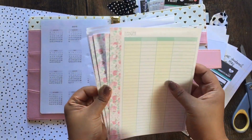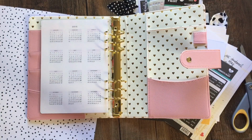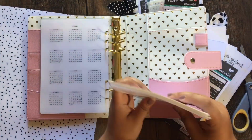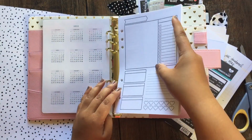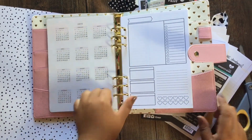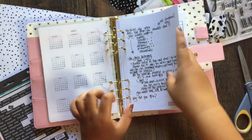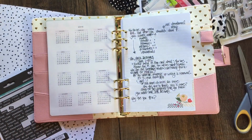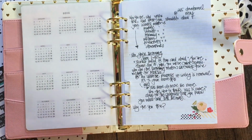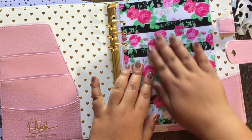And so I mainly use it as like a front cover. And so right now I'm just placing some of the inserts inside of the planner so I can get ready to just slowly set this up. And I wasn't sure if I wanted to do dividers for you guys just because I feel like it's so simple to make, but then I forgot many of you may not have a planner to set up or have